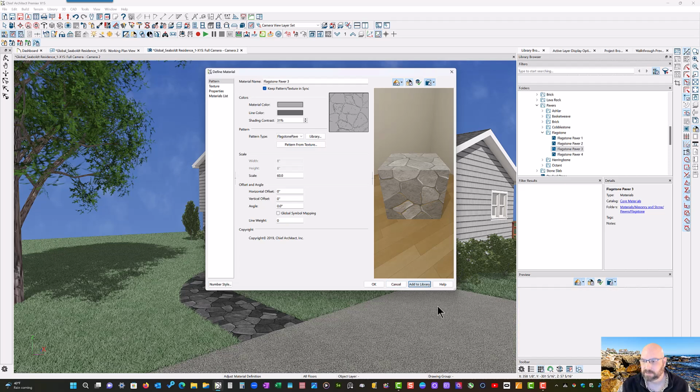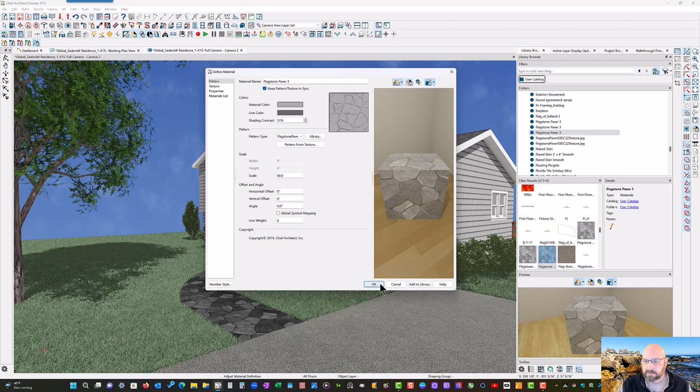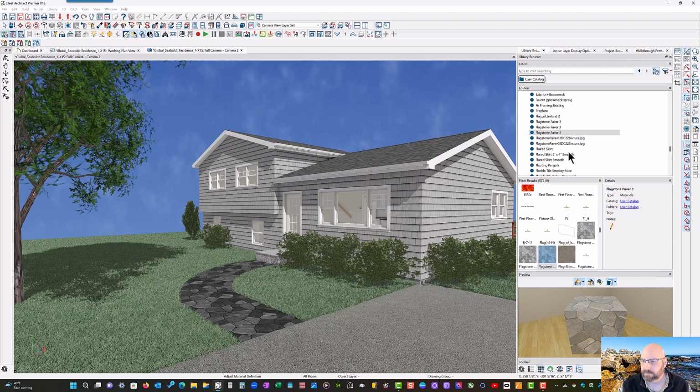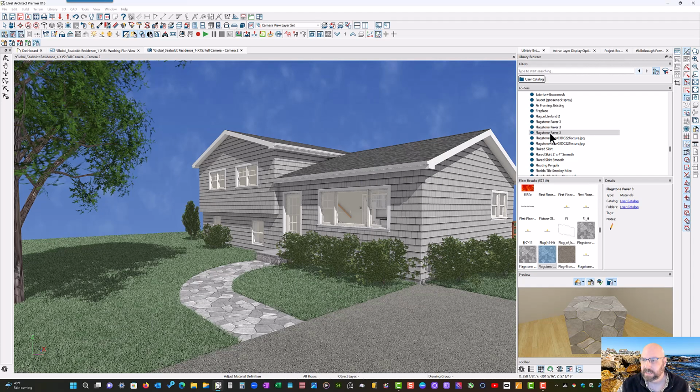And it's just going to take a minute to do that. I'm going to click OK. And you're going to see that it added it right here. This is my new texture. And of course, I've got some duplicates now. But the next step is to create the pattern that I can save in my library that I can paint as a fill